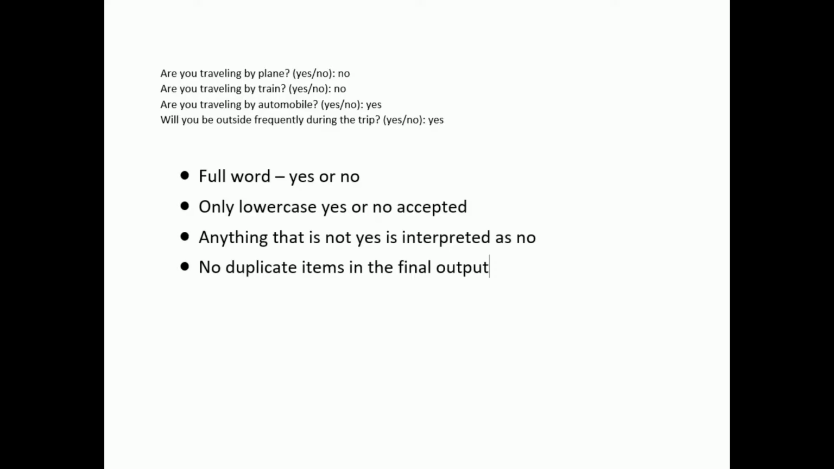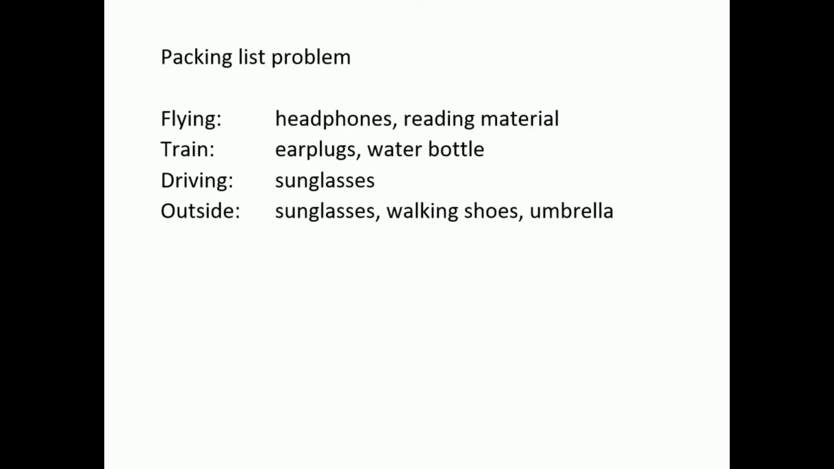So, for example, if they answer yes to both automobile and outside frequently, the program should not print sunglasses twice. Looking carefully over the options, sunglasses is the only item that appears in 2 places. To make sure we fully understand this program, we should determine the output for all possible combinations of inputs to